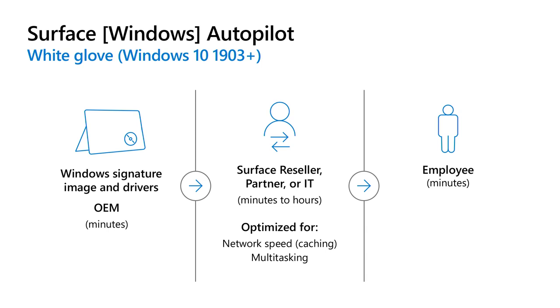White Glove allows our own IT staff, a partner, that CSP reseller, to intercept that device and pre-provision it. So this person is going to enter a key sequence when they boot the machine for the first time. They're going to hit the Windows key 5 times. They're going to choose to provision that device ahead of time for that user and bring down all those apps and settings that target this device ahead of time,